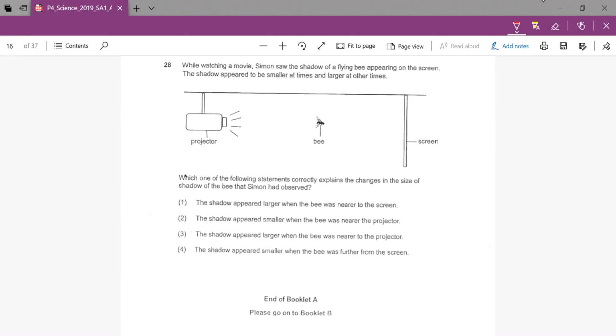That is not correct. If you are nearer to the screen, okay, you are further from the light, right? From the projector. So your shadow is going to become smaller. It's going to appear smaller. Alright, so number 1